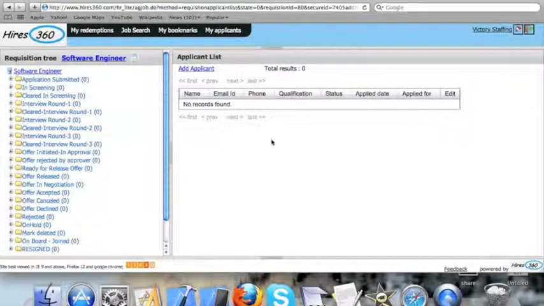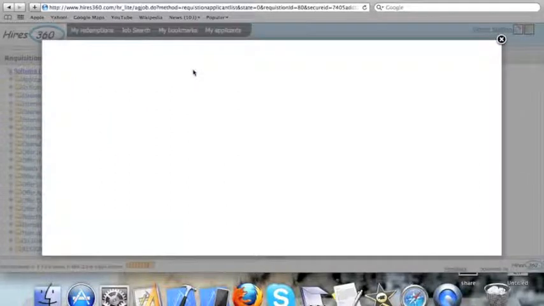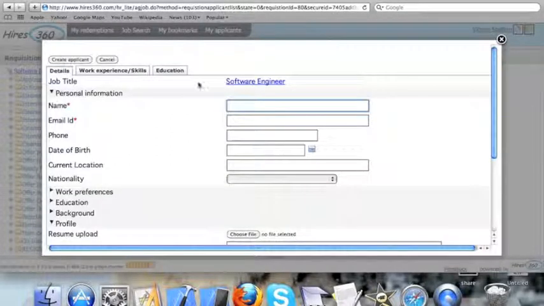Cool! I can see a complete applicant workflow through its various states. Okay, I have just the right candidate for this job. So I will go ahead and send in her details.